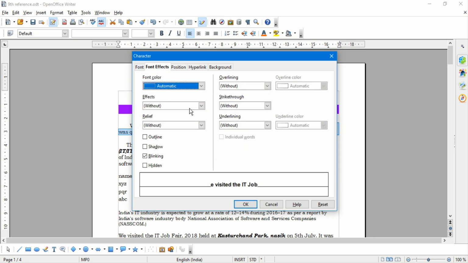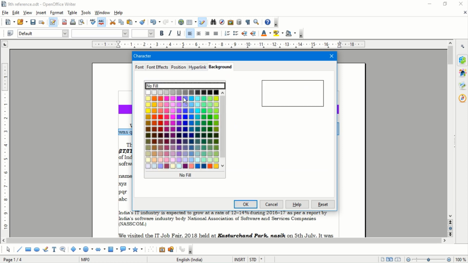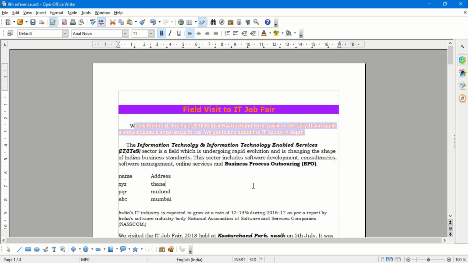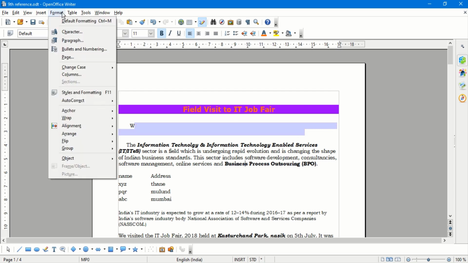The font effects, the font color, and some outline effects can be done from here. Or some background, if you want, we can have a background color from here also. So this way we can get all our formatting of the text either from the formatting toolbar or from the Format Character option.